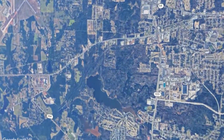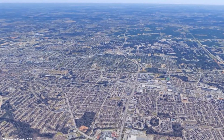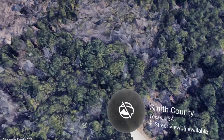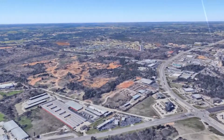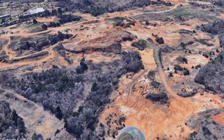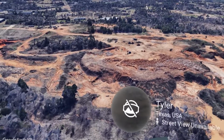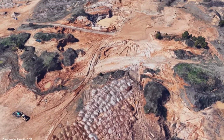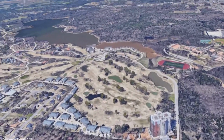Kind of looks like woods here. Let's boop this. Right, so now we're in what's considered the wooded part of town. Oh, there are some woods. Oh, I wonder if there's Smith County, Texas. Right, yeah, it tells us where we are. Excellent. So we found a train station. That was the first thing we found. We found... what is this? Are we in... Is this a desert? It doesn't tell me. Oh no, this is some sort of mine. Alright, cool. And everything's on fire, it looks like. Ooh. Is this a golf...